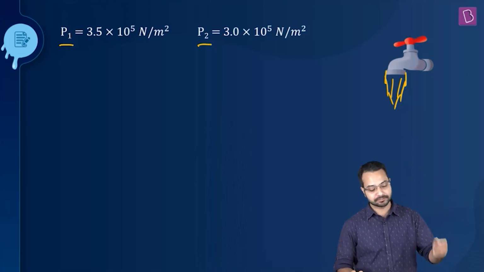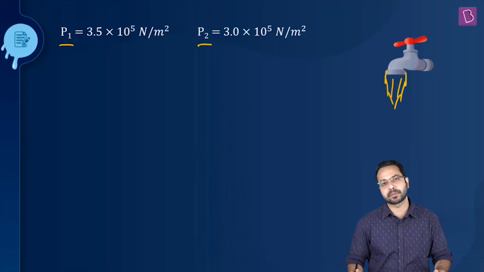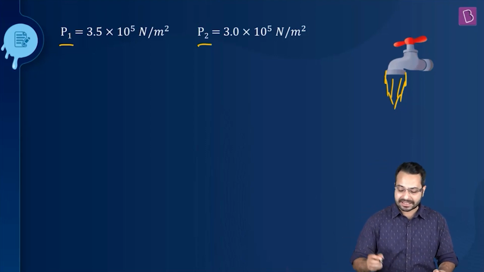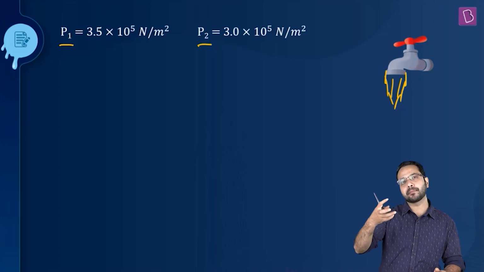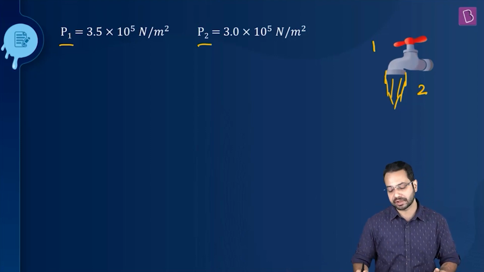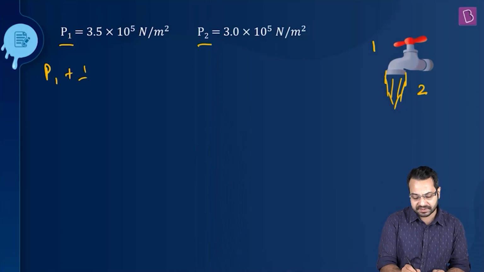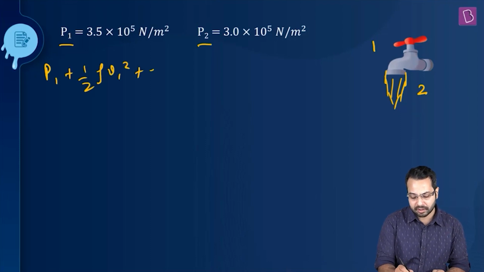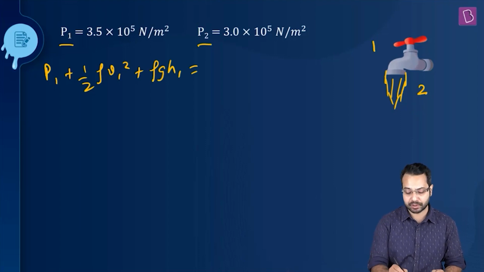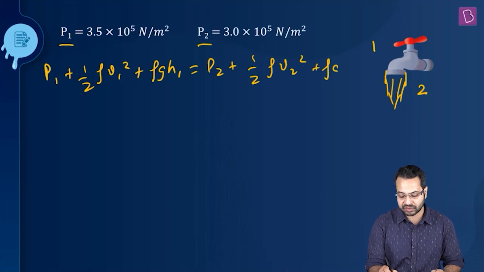All right, perfect. So naturally, the relationship between pressure and velocity is required, so I have to use Bernoulli's equation. Let's say I'm calling the tap in closed state 1, and when water starts flowing through the tap, I'm calling that 2. So Bernoulli's equation tells me that P1 + ½ρV1² + ρgH1 has to be equal to P2 + ½ρV2² + ρgH2.